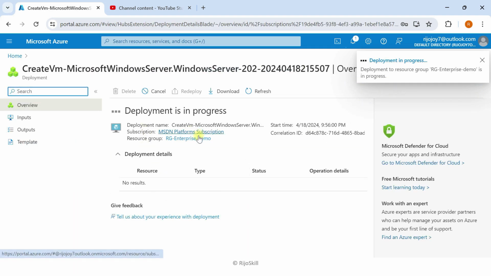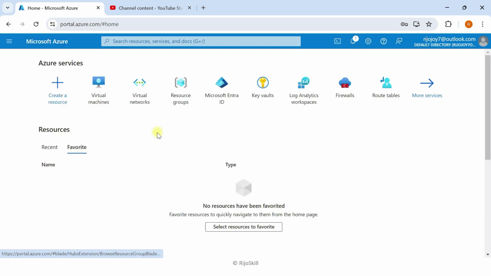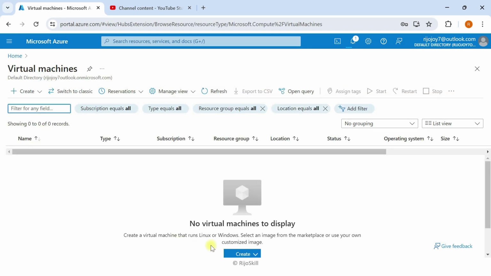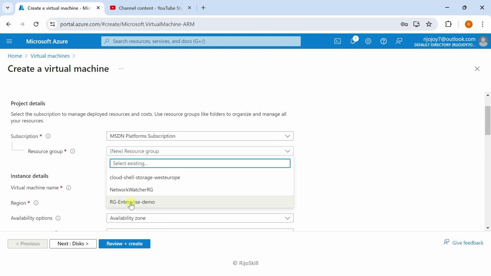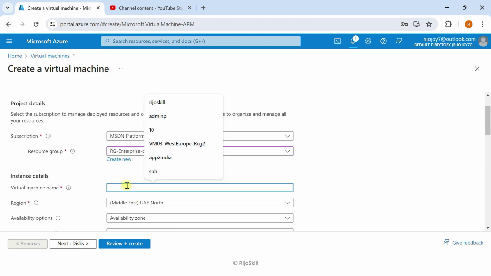So now we will create our Active Directory virtual machine. We need to create another virtual machine. Now we just go for virtual machine again. So just click the virtual machine. You can do this with PowerShell also with a command, but so you can easily understand, I will go for the graphical way. Okay, so just go for VM